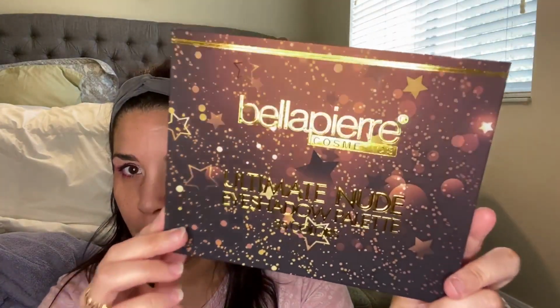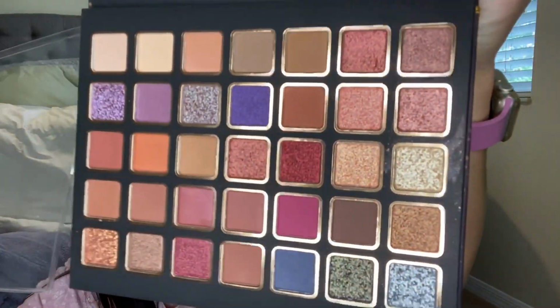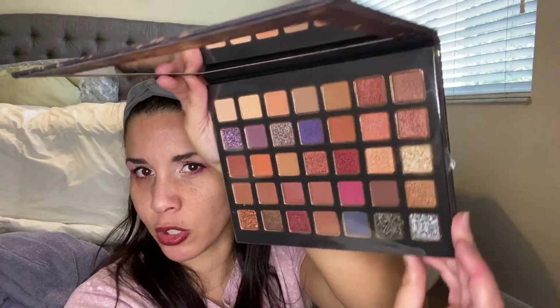And then last is a palette. Okay, look at the packaging. Bellapierre. I think I've only gotten one single shadow. Ooh, this is nice. And it has a mirror. And it does have a protective sleeve. Hold on. So here are the colors. Very pretty. I'll put the sleeve back on. I don't think I'll be keeping this just because I have a lot of these same colors, but it is